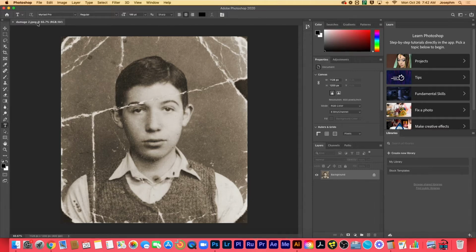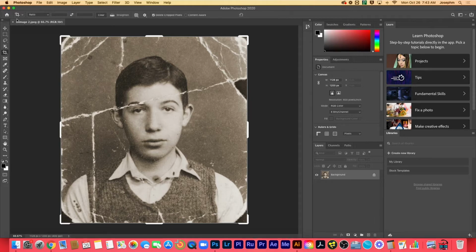Then at the top you have some different options for each tool that you click on. So right now I have my text tool selected, so I'm seeing options for the text tool, okay? If I select a different tool, like the crop tool, you can see that I have different options up there. Okay, so this menu up here changes based on what tool you have. Okay,